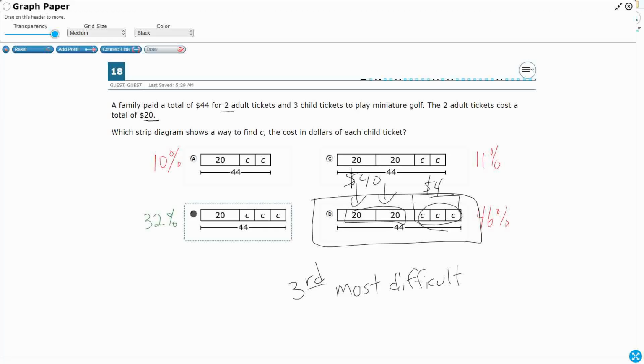Why would you have $20 for an adult ticket and a buck 33 for a kid ticket? It doesn't pass the reasonableness test. But most likely students weren't necessarily taking the time to slow down, draw a picture of a family, and figure it out on their own. Because here's the trick, right? You got two adult tickets, but they gave us the total. It's not $20 each. So we need to have our students practice drawing a picture before they get into this